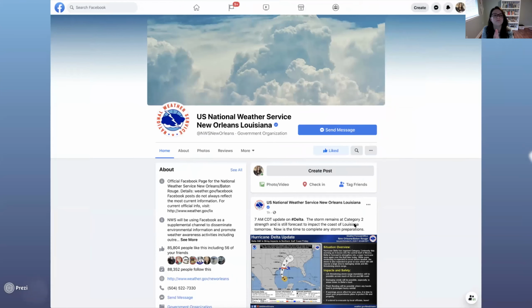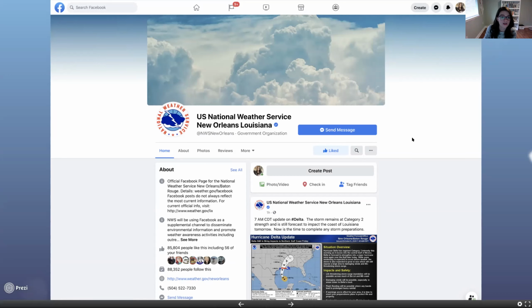Okay, so this is just an example of a Facebook page. So I wanted to show you guys all of the Facebook pages look like this now, at least they should if you've updated your Facebook app. If you are on mobile, you're going to see this exact same thing, except the side columns will be missing. And it'll just be this middle part. So this is what a Facebook page looks like. I'm following the National Weather Service for New Orleans. Obviously, especially with hurricane season right now, that's a good idea to do.